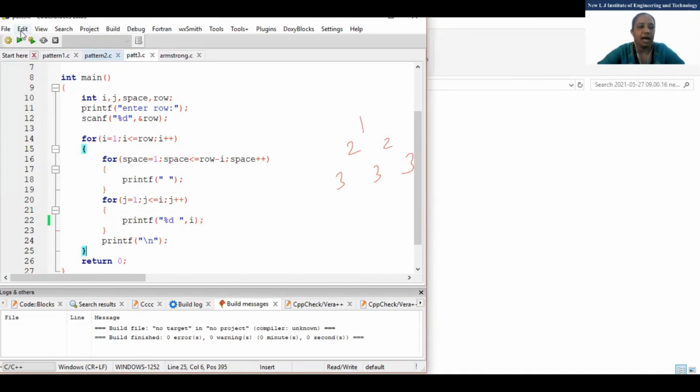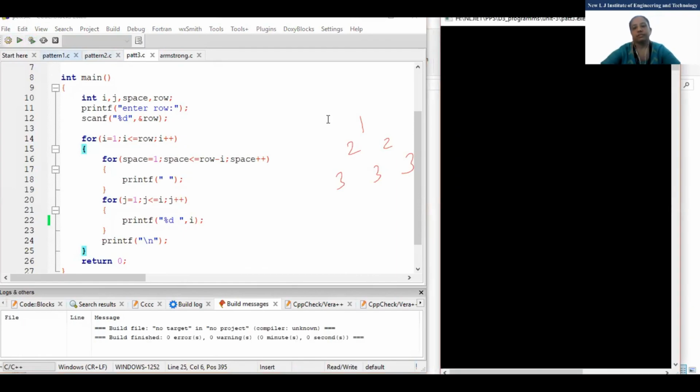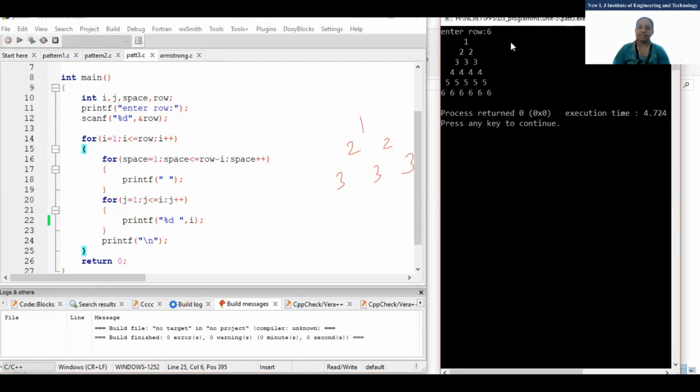Just see the output. Number of rows 6. You can see that only one space makes a triangle, a different kind of thing.